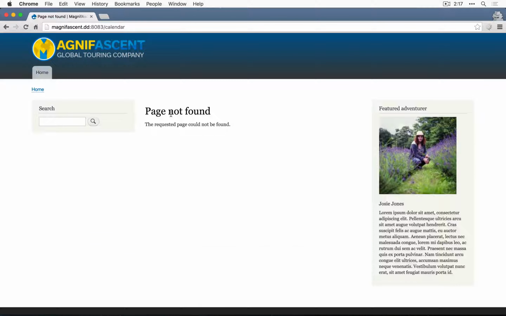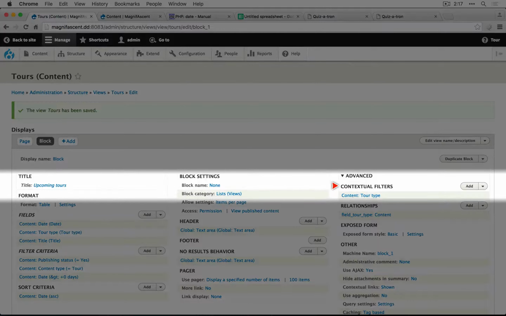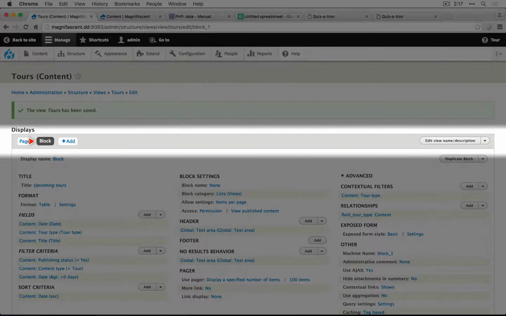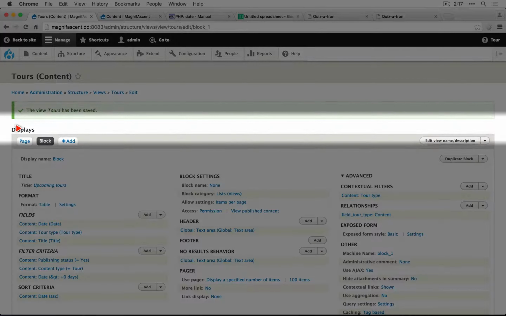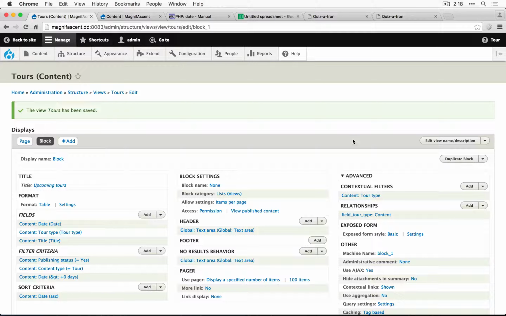So what's happening here? Well, when we added a contextual filter, instead of adding it to just the block display, we added it to all displays. And what that means is that now, instead of it just being calendar, the URL is expected to contain a contextual filter, which it doesn't. So what we need to do is roll this back so we only apply the contextual filter to our block